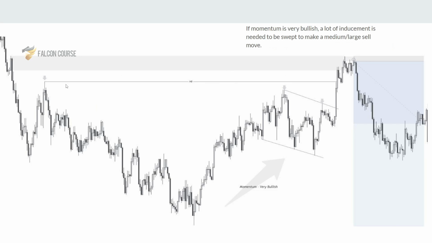But when we look at this, we have a long range of inducement, meaning all these people under this horizontal inducement level all got taken out. They all got liquidated by this specific move here. We know that by the fact that this mitigated to here. So we find our inducement at the end of that mitigation cycle.